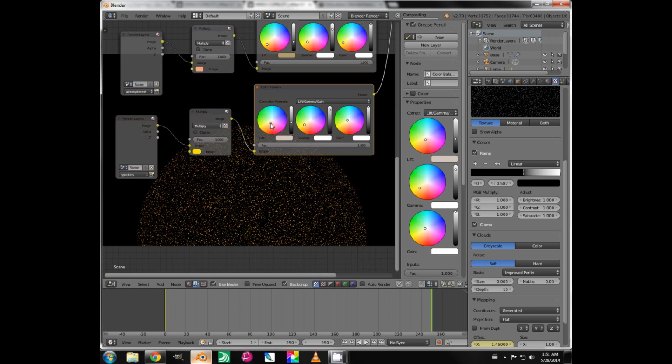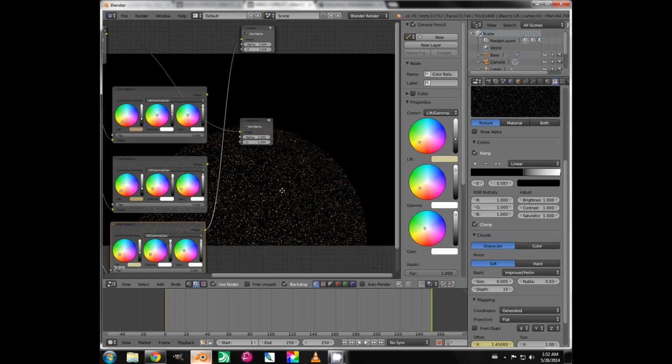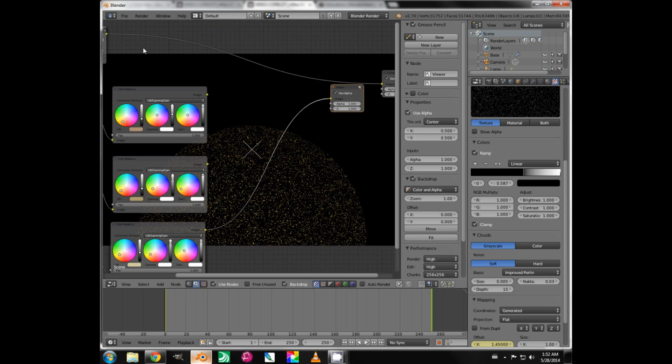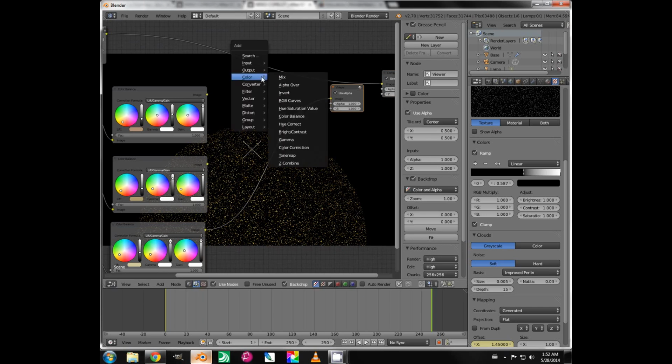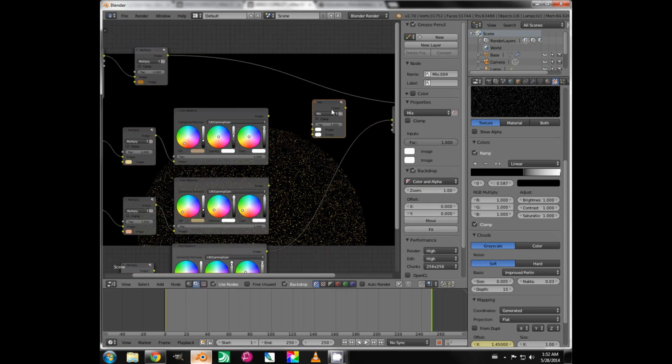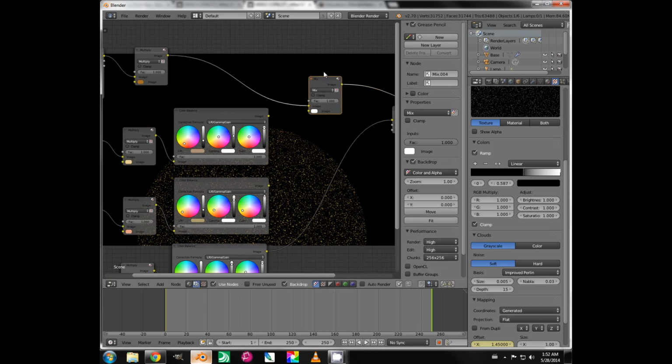Just endless tweaking. We could go on forever just tweaking numbers. And I think we're probably going to go on forever tweaking numbers, so let's stop this here. And we can move on to connecting all the separate layers together. So I'll just drag these viewer nodes out of the way, and if we press Ctrl A and add another mix node